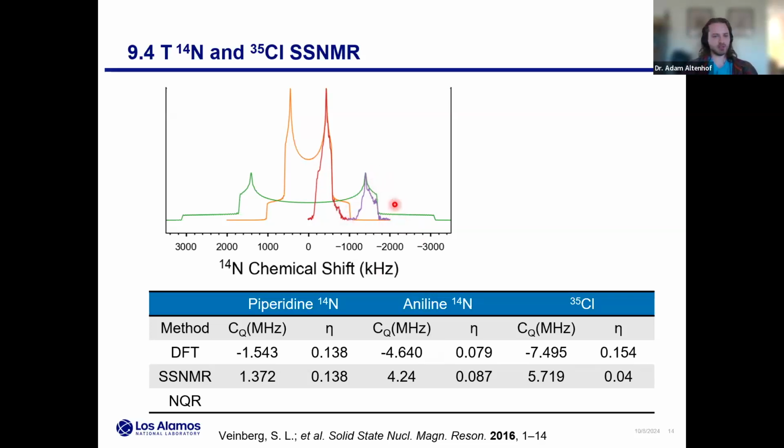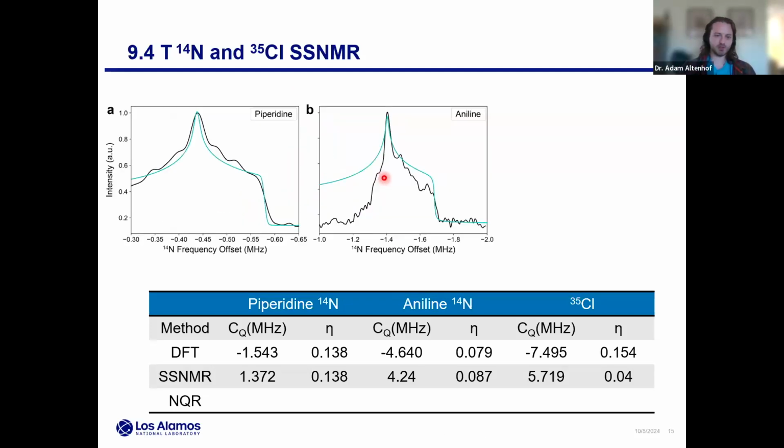If you haven't seen these experiments before, we talked about how broad these spectra are. Notice they're totally symmetric, so you don't need to acquire the whole thing, and you don't even need to acquire this whole half. You really just need to focus on these key discontinuities. That's enough to characterize the tensor. Because of the DFT, Harris knows where to tune his probe ahead of time, and this really speeds up the experimental times. Zooming in on those pieces, you can see the refined tensors we get from experiment.